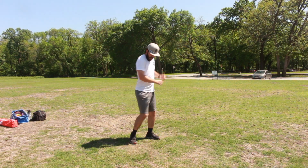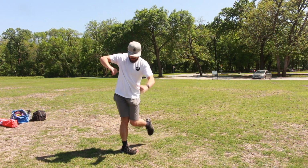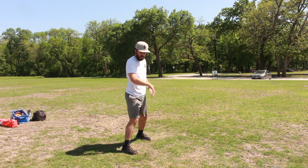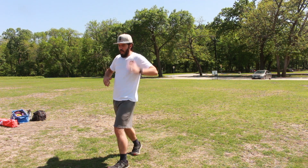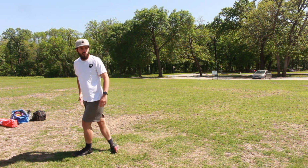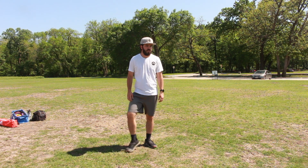Question. Yeah. As I'm thinking about hitting this, getting that max power, my trail leg is what I call it, from my hurdling days, the last leg that comes over. Should I focus on that staying square, or is it okay for me to come around like this, or does that mean I lost my brace? That means that you lost your balance. It usually means that you opened your hip up. If you watch